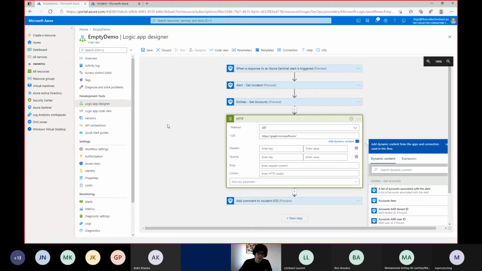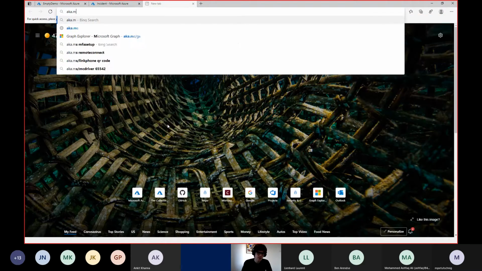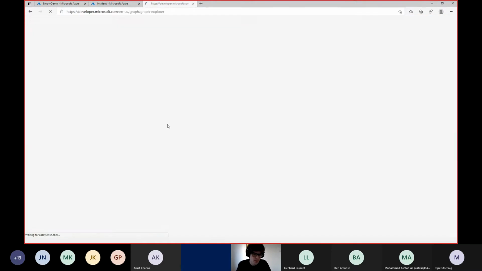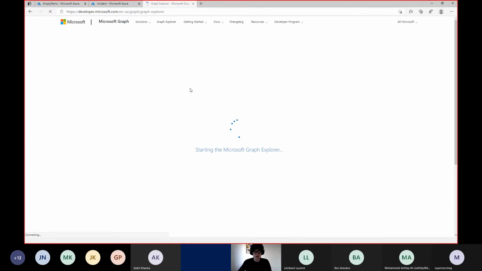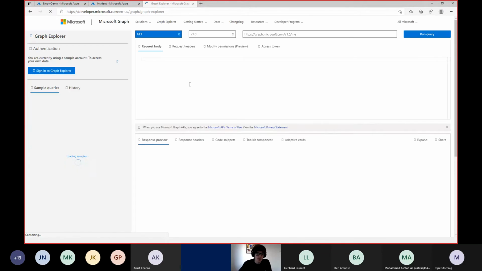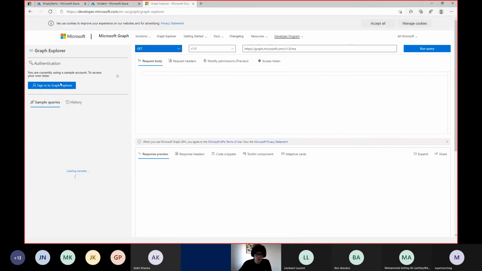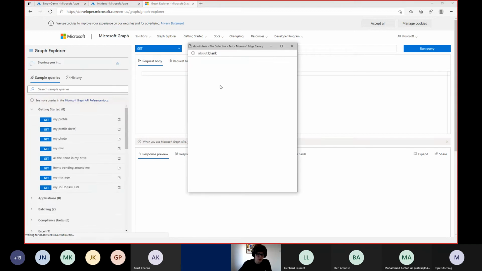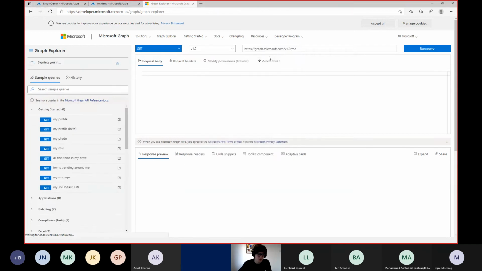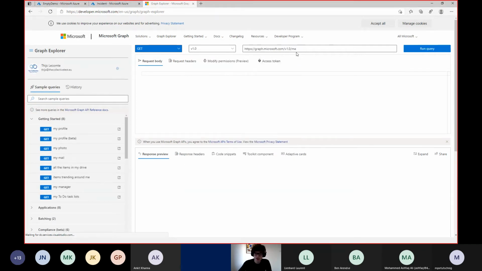Now, which query do you want to use? Let me just quickly show you in the Graph Explorer. If I sign in to the Graph Explorer, it's a really awesome way to test out the Graph queries that you are using. And if you go to users, and we query the